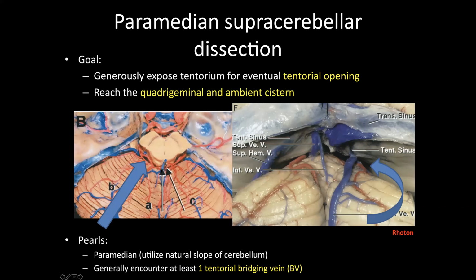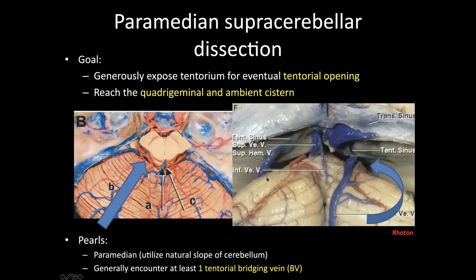Firstly, you want to start out really at the epicenter of your craniotomy, at the middle of your cerebellum. Why? As you all know, the cerebellum has a supermedial to inferolateral slope. So if you go too medial, you'll be working in a more restrained space. Whereas if you go at a more lateral mid-cerebellar portion to start your dissection, you're working in a space where there's a more rostrocaudal exposure.